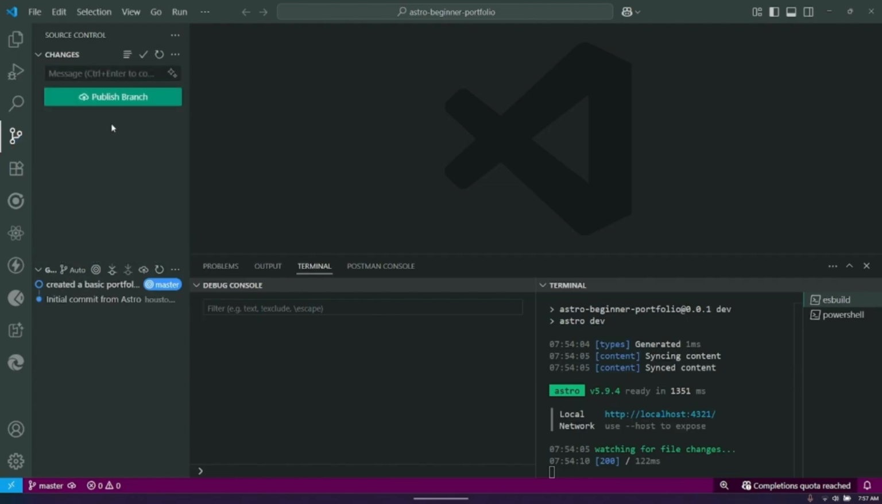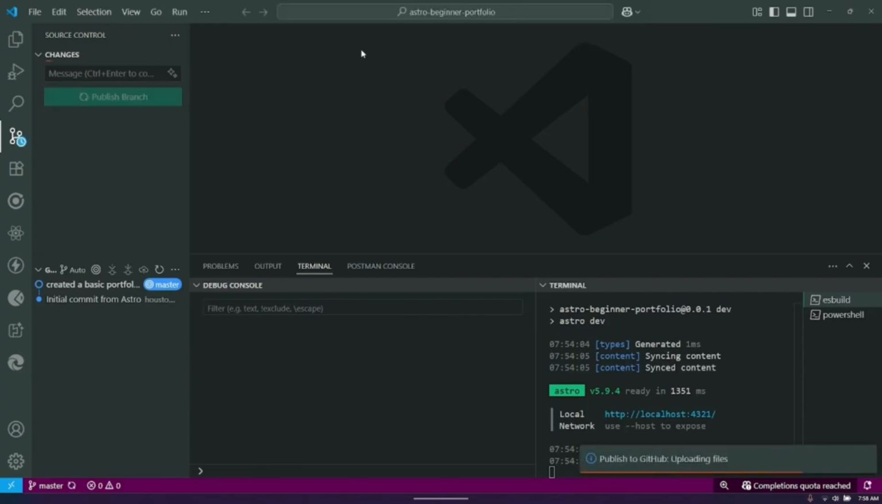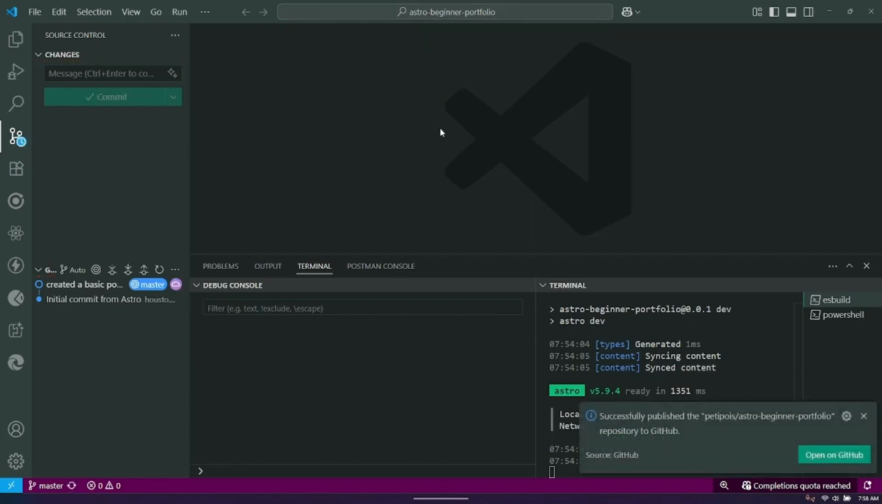And then because this is the first time that I'm doing the commit, we're going to do publish branch, and then because I have it connected, this is my GitHub. You have the option to publish to GitHub repository, so that's what we're going to do. Right now all my files are going to go into a GitHub repository called Astro Beginner Portfolio. Okay, so now we can open on GitHub,